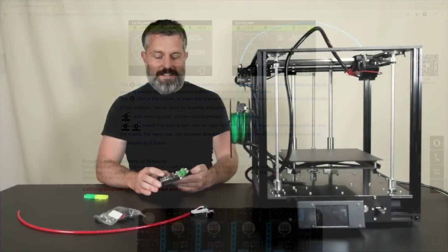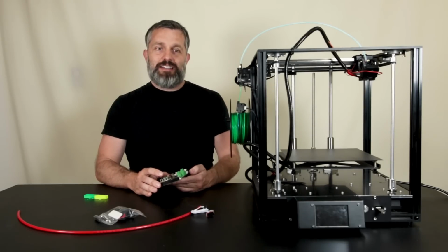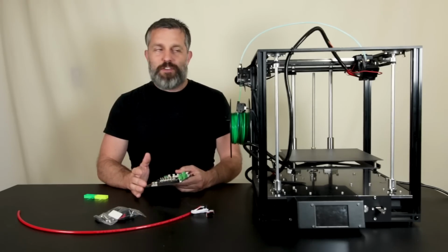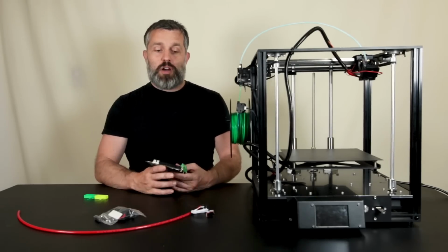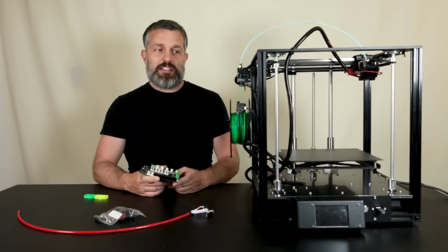The BLTouch is just a really solid performer. So I guess they think that the best defense is a good offense. If they criticize BLTouch, then you won't feel so bad for the fact that they know the BLTouch does not work with their electronics. So yeah, I want the BLTouch to work, but there's also the other issues which I raised in this video